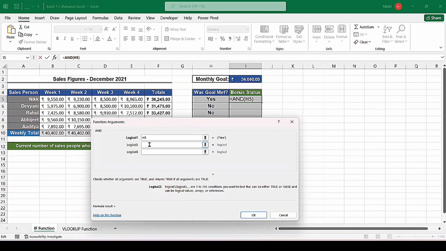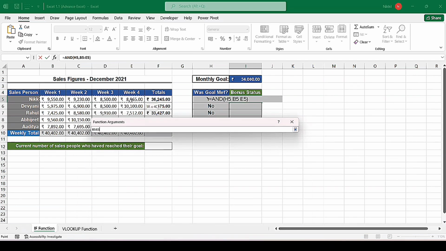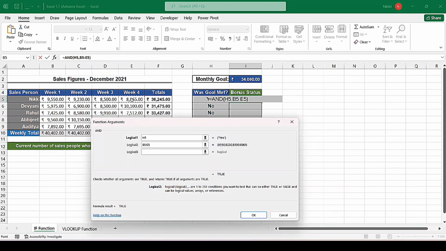Before, we have used all 4 weeks one by one. What if we use all those 4 weeks in one logical test? Let's find it out. How? In logical 2 argument, we will select all 4 weeks from B5 to E5. Then write greater than equal to 8,000.